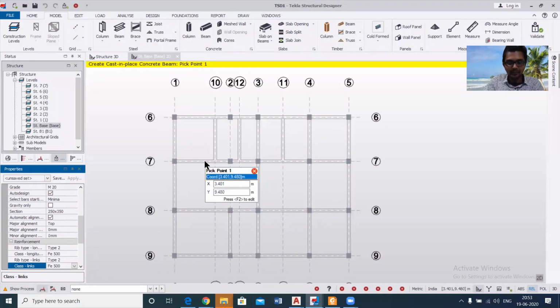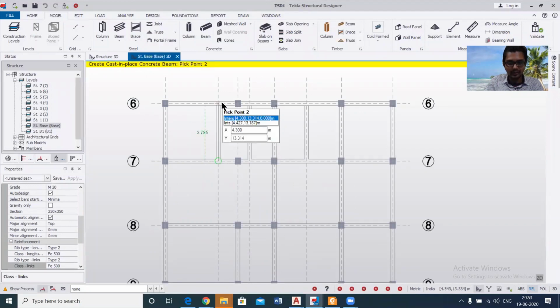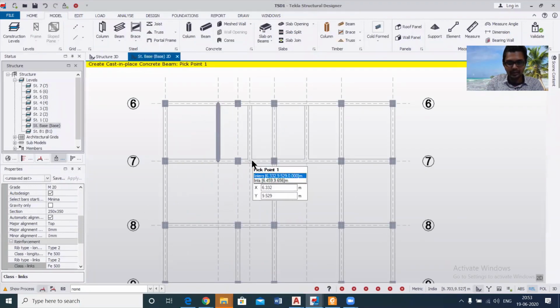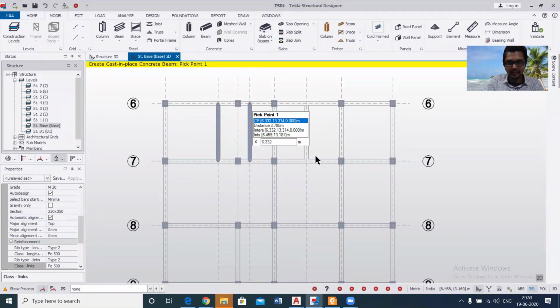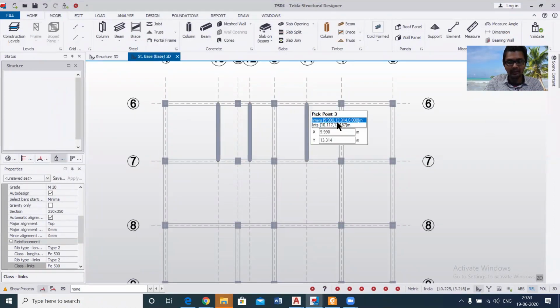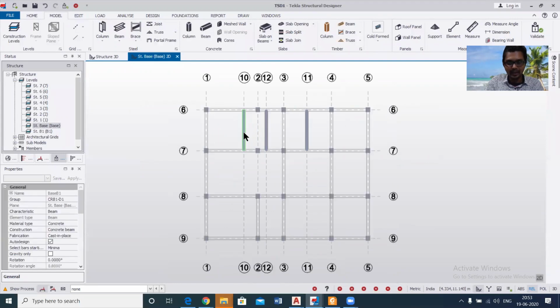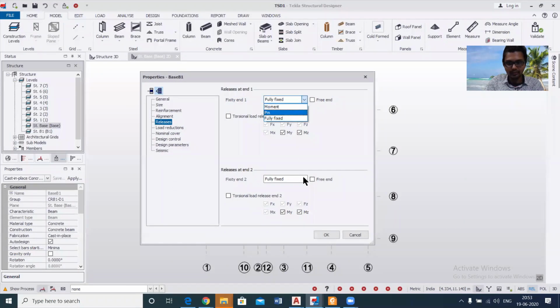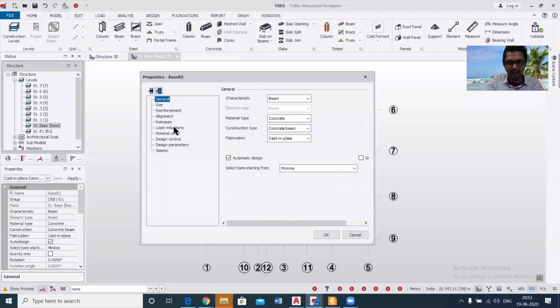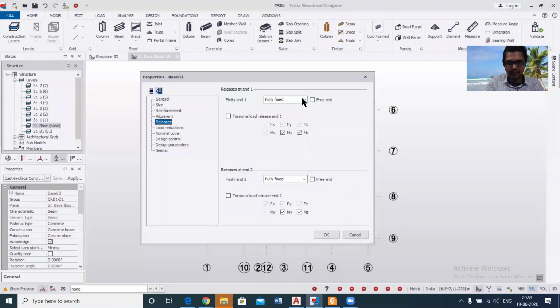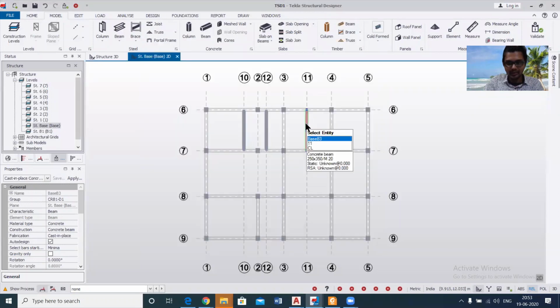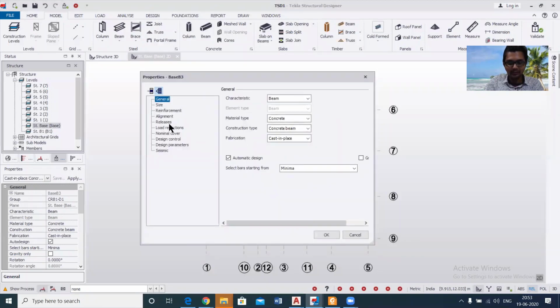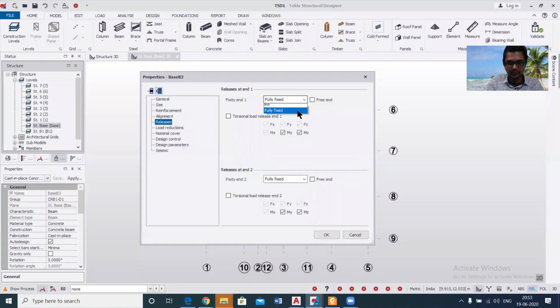First we'll assign the secondary beams which do not have column to column connections. You just need to have a single click and then a double click, single click and then a double click. We're applying the secondary beams first, and in the secondary beams, one thing we need to do is set them as pin. If you don't know what a pin support is and why we need it, we'll explain in the next classes, but simply you can understand that secondary beams are not fixed, they are pin supports.